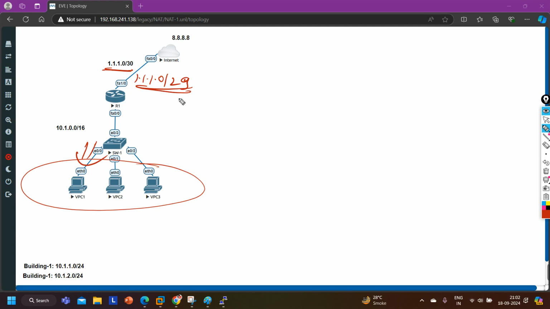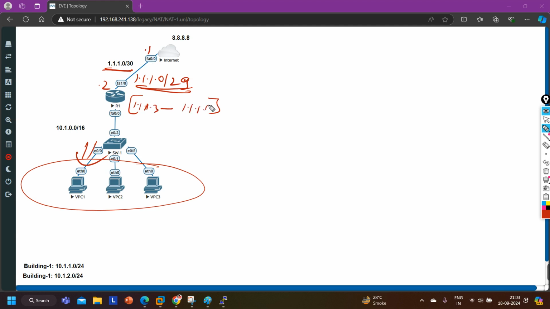So how many usable IP addresses are there, guys? 6, right? So one I am going to use on the internet router, let's say .1, one over here .2, and I can create a pool of 4 public IP addresses.